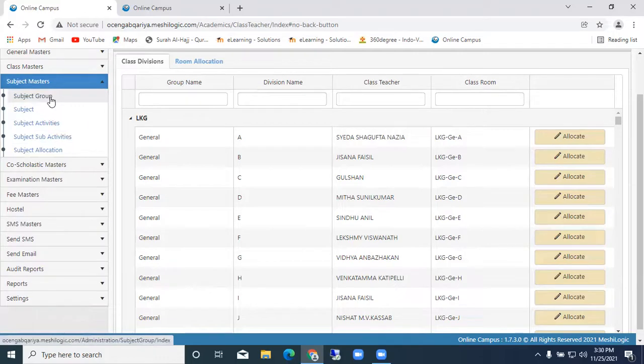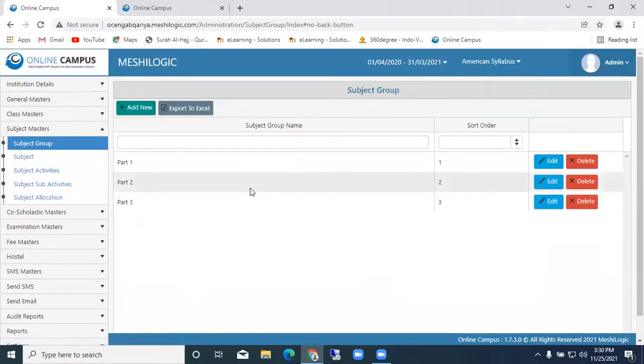Next, coming back to the subject master, in the subjects we have part 1, 2, 3. I will show you part 1, 2, 3. Part 1 is the main subject. Part 2 is languages, core subjects. Part 3 is auxiliary subjects. This will be helpful when we are generating the mark sheet. When we are creating the subject and the marks, it will ask whether the subject comes under part 1 or 2. Automatically there is a specific space, and that particular mark goes and is placed in that particular corner.